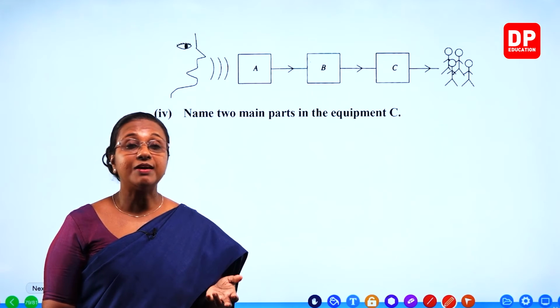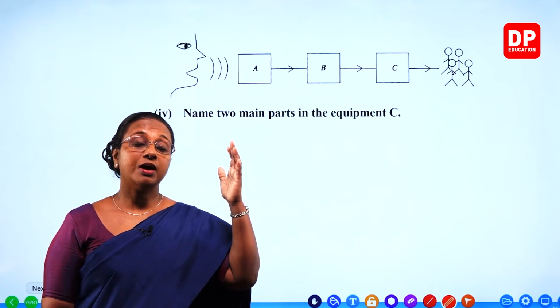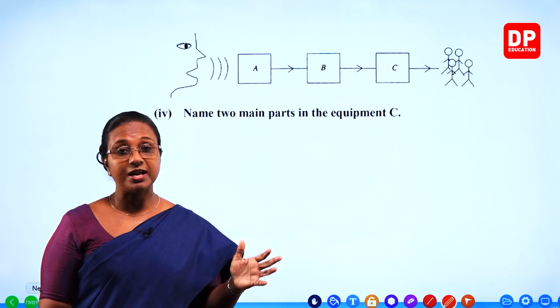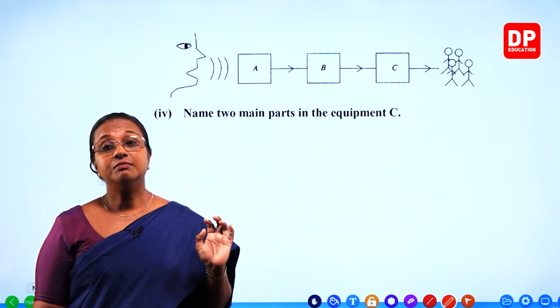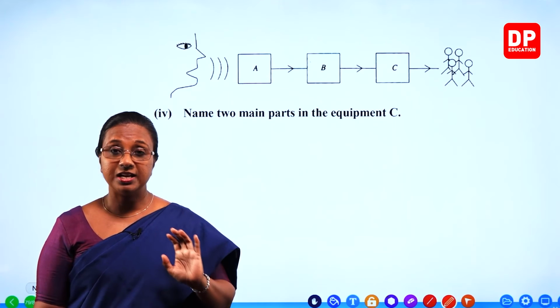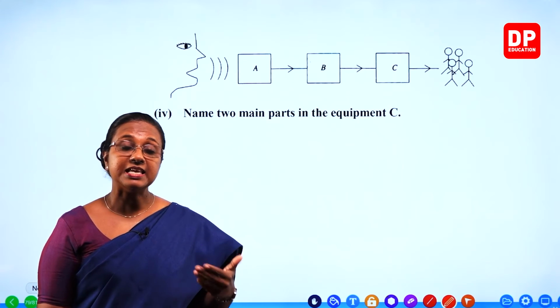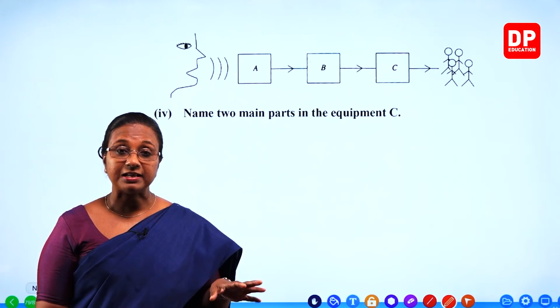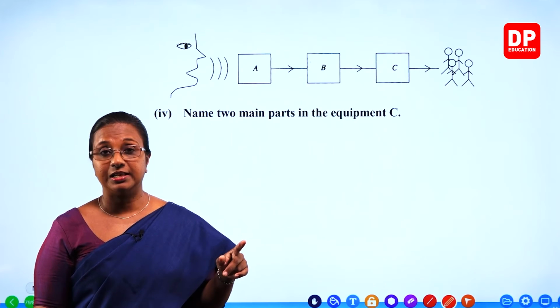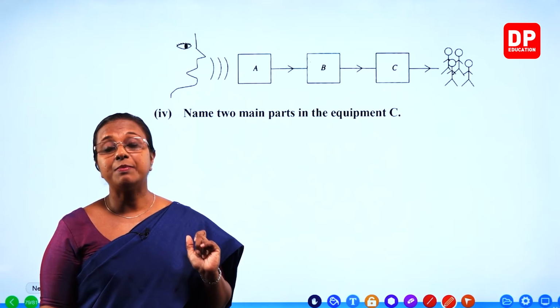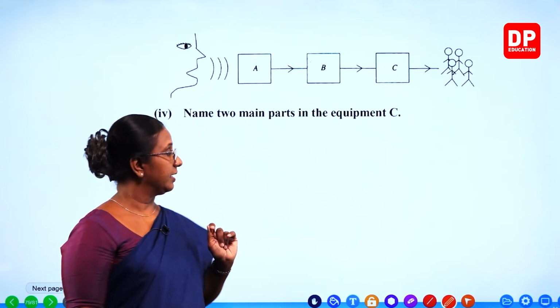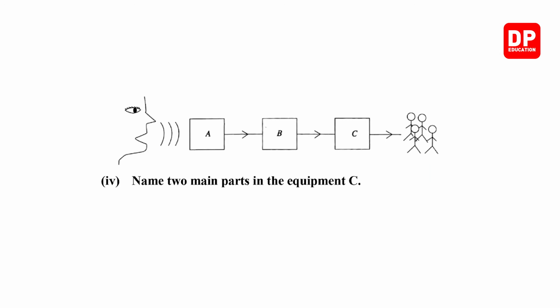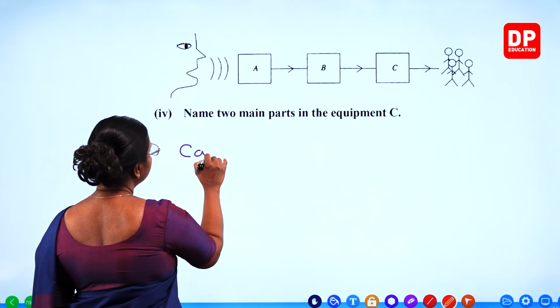In the loudspeaker, what are the two main parts? You have the cardboard cone that vibrates. When that vibrates only, the sound energy is produced. At the same time, inside we have a magnet and also a coil. So those are the main parts of a loudspeaker. So you can say there is the cardboard cone,